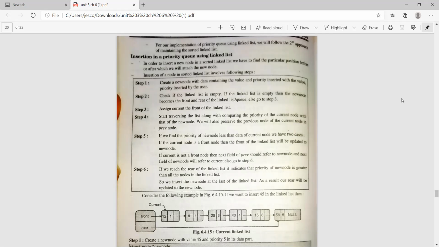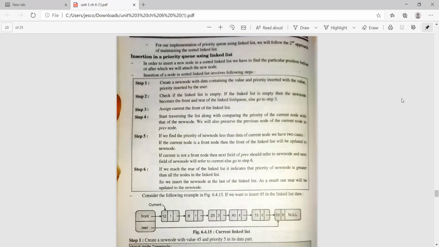Third step, assign current the front of the linked list. We take one temporary node, that is the current node, and assign it to the first node, that is front. Then the fourth step, start traversing the list, comparing the priority of the current node with that of the new node.